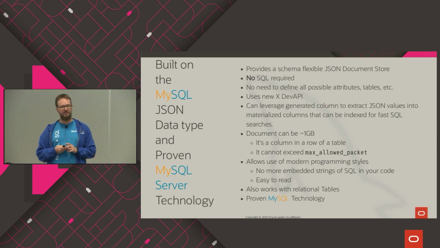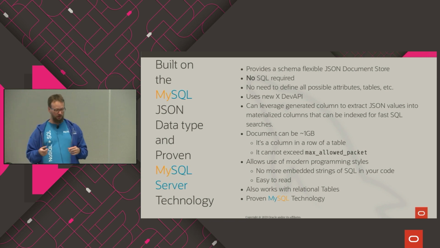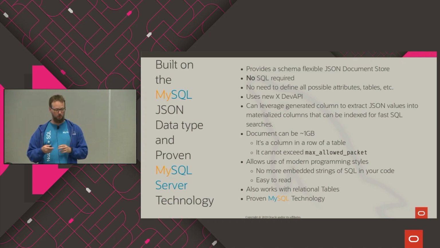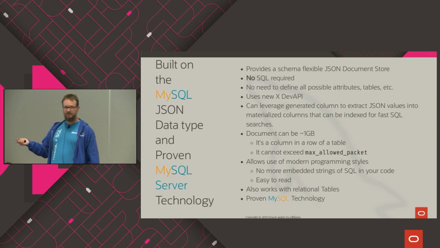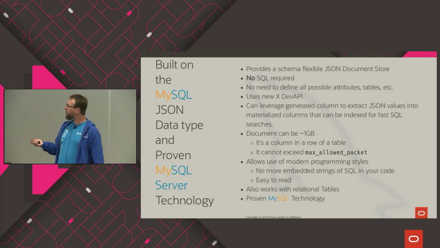We're going to use for this what we call the new XDev API, right? It's another protocol, I will show you later, that we use to be able to create this whole CRUD operation, right? So we can extract columns, you can do a search, you can index the data there. Also something very nice, if you are already using a document store right now,